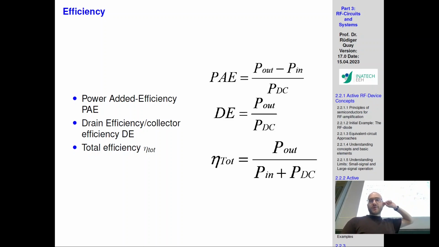the DC power. What shouldn't be forgotten is that you can have the drain efficiency, and the drain efficiency is usually very good. If the power added efficiency is 60%, the drain efficiency is 75%. Because you're not taking into account the amount of DC losses that you're having. Your device, obviously as we can see here, every device has losses. And also these active devices have losses in them. And if you don't take into account these losses that you have to drive the device, it is